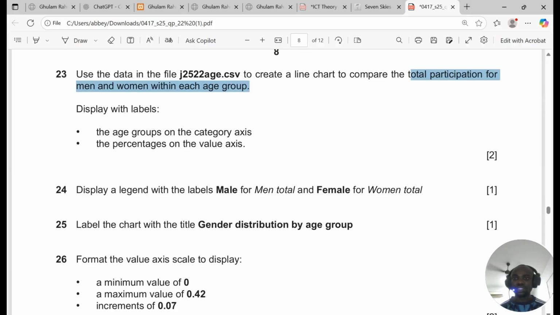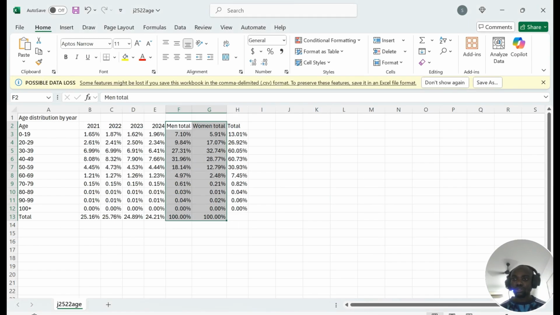Compare the total participation for men and women within each age group. So which means you highlight 0 to 9 until here, you highlight this one also, like this. Each age group is 0 to 9, how many men, how many women? 20 to 29, how many men, how many women? 30 to 39, what's the total number of participation for men, what's the total number of participation for women, just